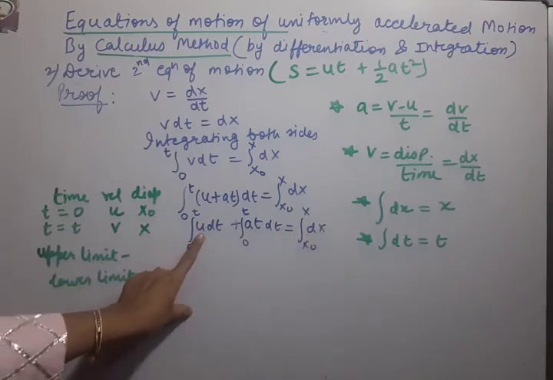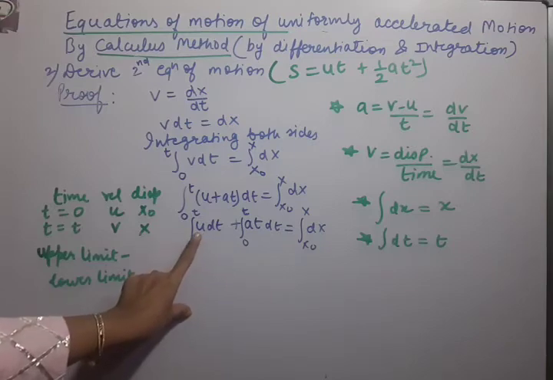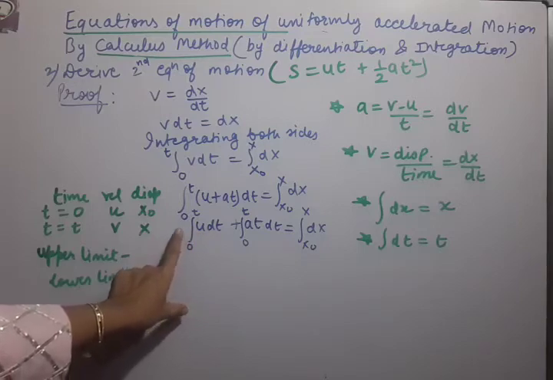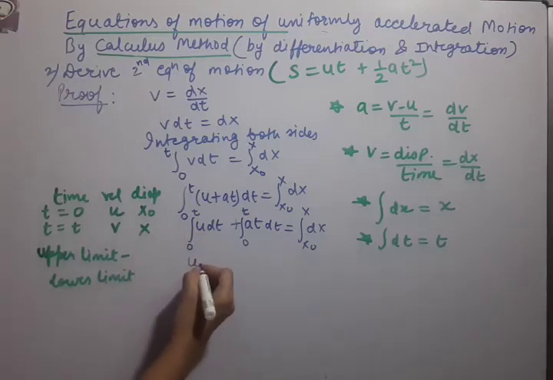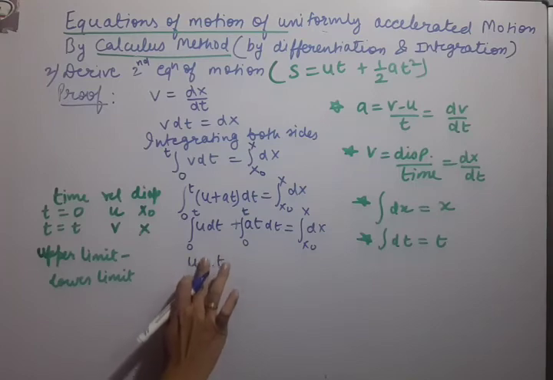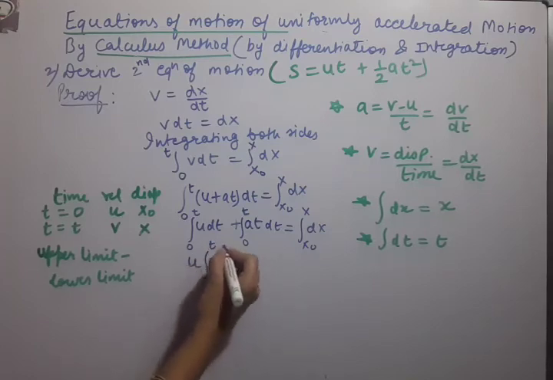Now let us start with this one. In this, u is the initial velocity. Initial velocity, once given to the object, remains the same. We cannot change it. So u, the initial velocity, is constant, so it can be taken outside. So u will be taken outside and only the dt integration will remain. So u outside, dt from 0 to t.